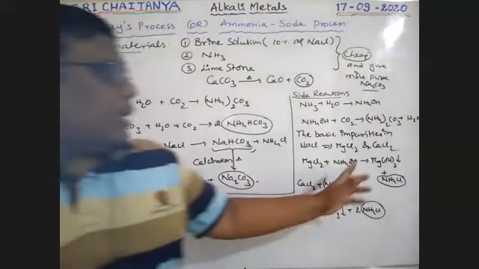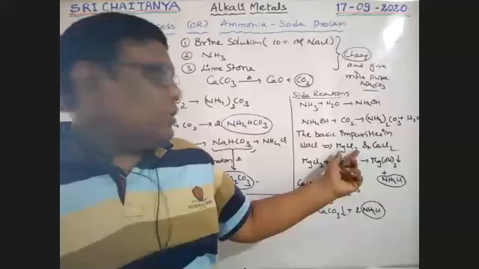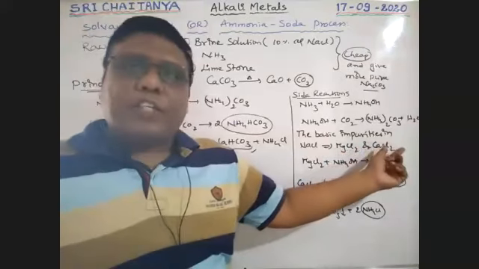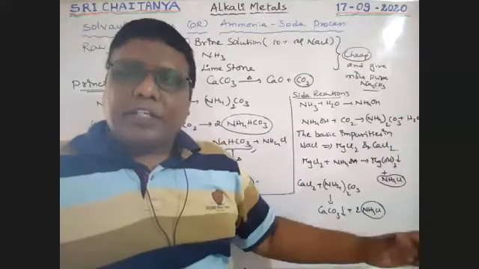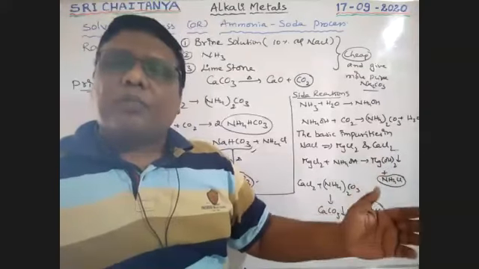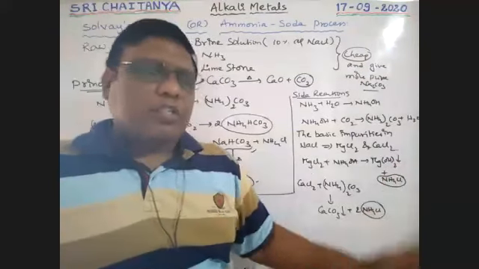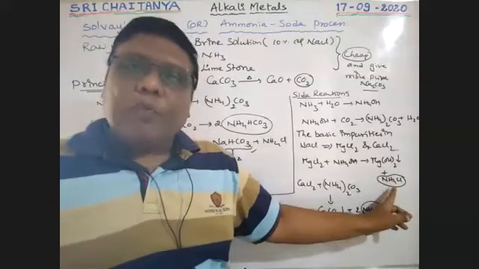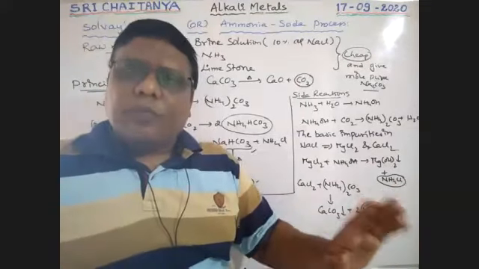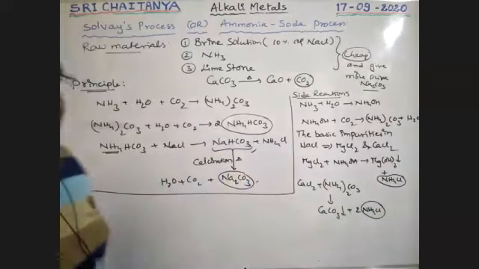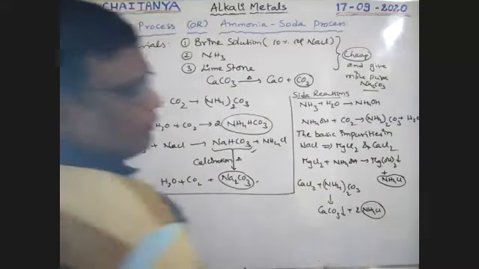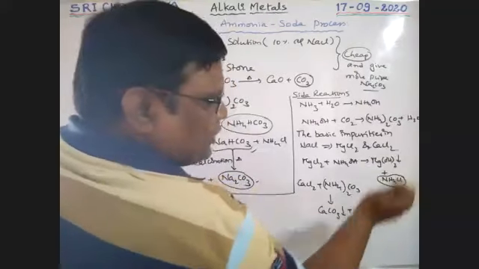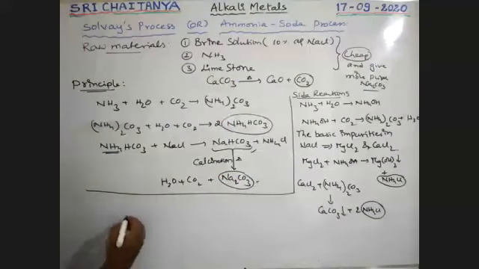See here, the impurities present in sodium chloride, magnesium chloride and calcium chloride, are separated and precipitated: magnesium chloride as magnesium hydroxide, and calcium chloride as calcium carbonate. But ammonium chloride is there, so we are using that. Next one, I am continuing here.